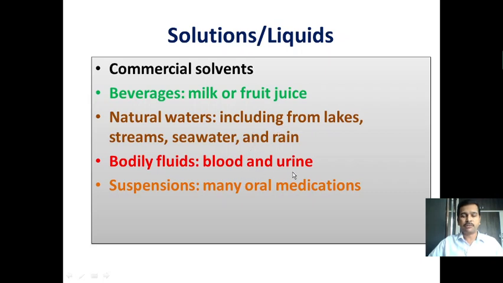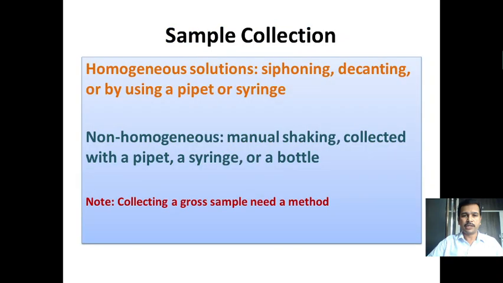And even body fluids such as blood, urine, and sweat are also liquid in nature, and we have to collect them for analysis. Therefore, how do we implement the sampling plan for this? And even many pharmaceutical or therapeutic medications that we use in our daily life are also in pure liquid state or in suspension state. When we use pure liquids or suspensions from pharmaceutical sources, how do we implement the sampling plan for the preparation of the sample for analysis? So these are the types of liquids we will handle in our day-to-day life in the analytical chemistry laboratory.